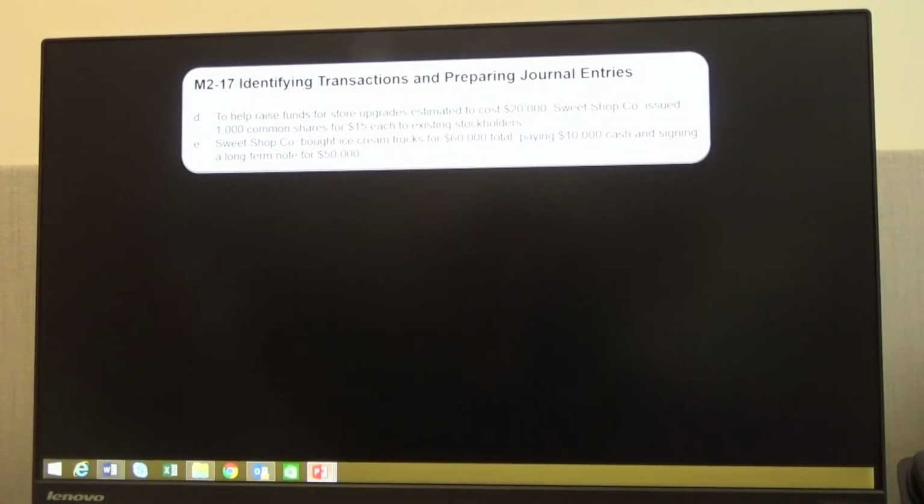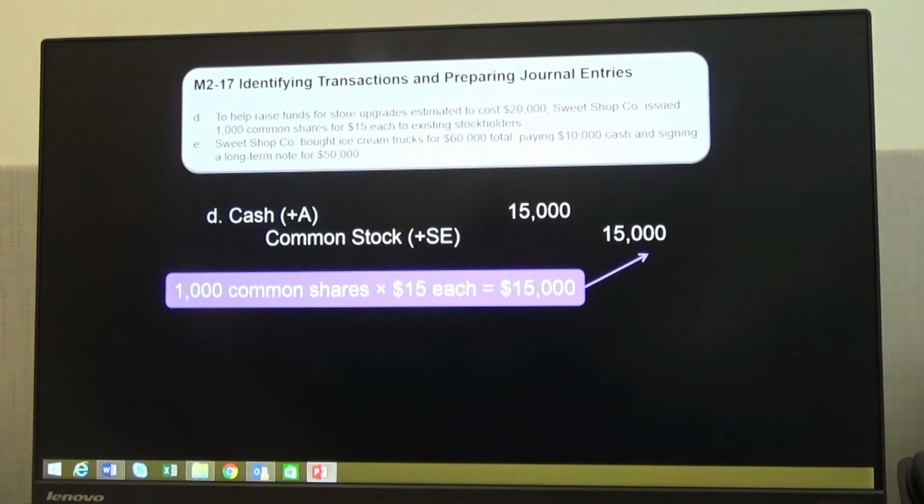Letter D, we're helping raise funds for store upgrades estimated to cost $20,000, and they decide to do that by issuing common shares for $15 each to existing stockholders. And so they didn't raise the entire $20,000, but they raised $15,000 by selling shares of stock. And so we ignore the $20,000. That hasn't happened yet. Maybe eventually we'll get up to the $20,000, but right now we can only record what we actually have accomplished. And that is we received $15,000 in cash, so we're going to have a debit to cash for $15,000, and we're going to credit common stock